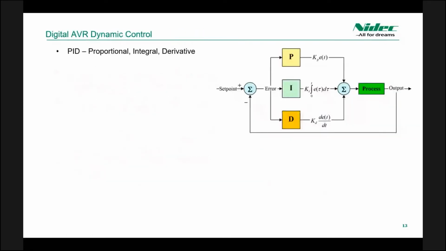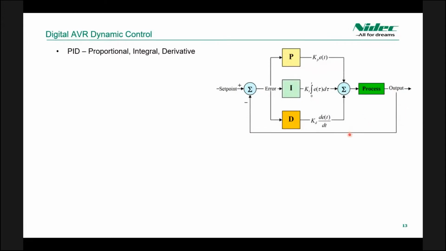Now I'd like to talk a little bit about the control of the output excitation. Some analog regulators will have stability and response adjustments on their console, and it's basically a PI. But when it comes to digital regulators, they have a full PID compensation, and you enter in numerical values for gains. So let's get more into the PID portion of it.